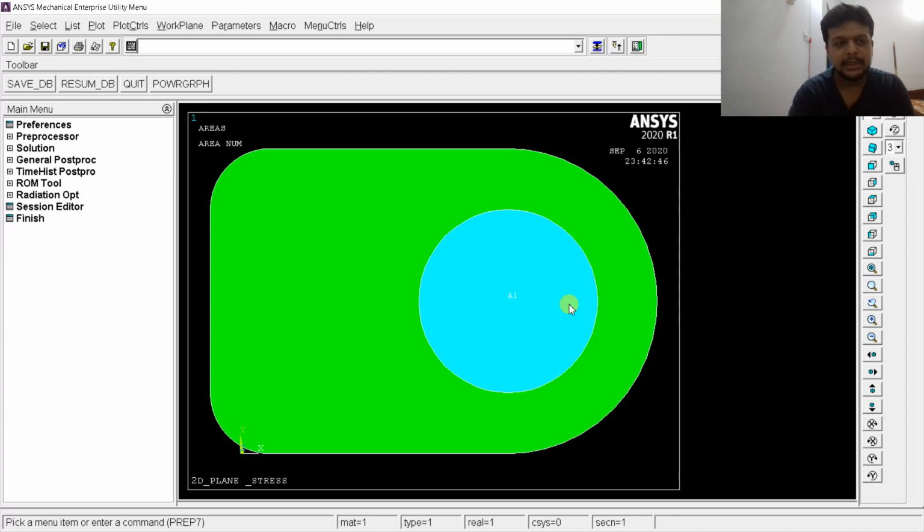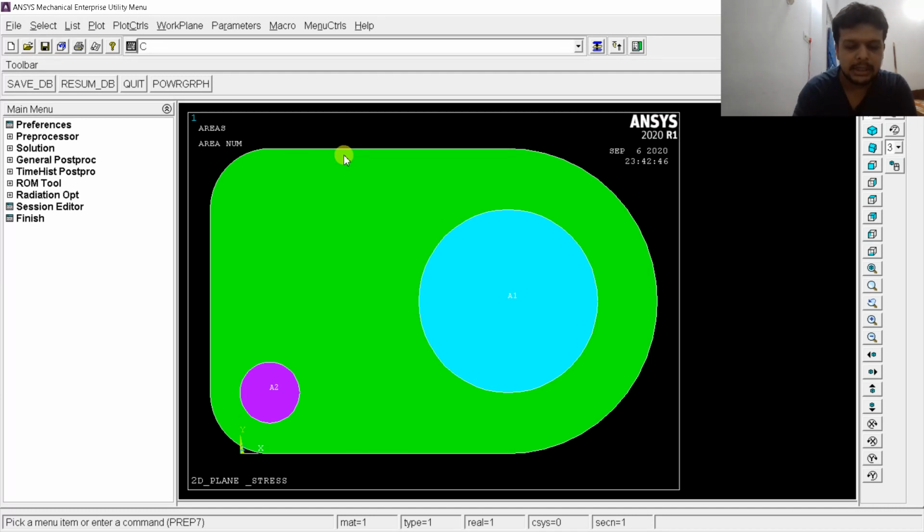Okay, now I will draw 2 smaller circles. Again use CYL4, comma, x coordinate of center that is at 10 unit in x direction, y coordinate for the lower circle I will give as 20 unit, and the radius I will take as 10 unit. Okay, press enter, it will create a circle here. Now this purple color circle is given as area A2. Now the third circle I will draw 20 unit below the above horizontal line.